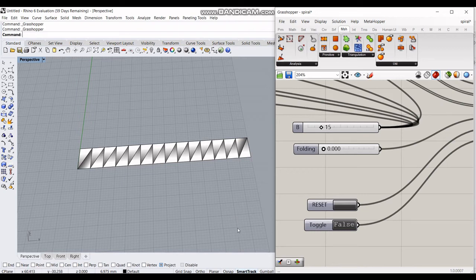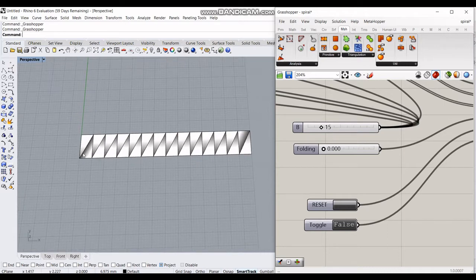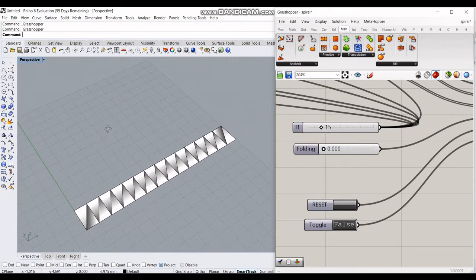In this video, we'll be seeing how to make a spiral origami structure using Grasshopper meshes. The main key point here is to construct this pattern and this mesh using Grasshopper, and then we can simulate the folding behavior of any origami pattern. The aim is also to make it generalized in such a way that we can vary the length, width and height of the origami whenever required.